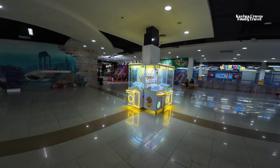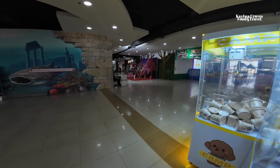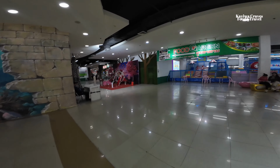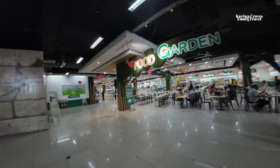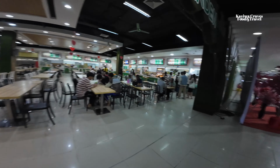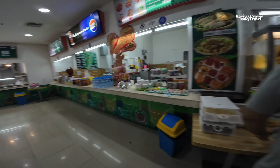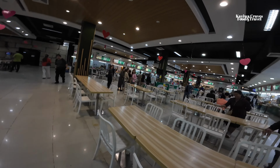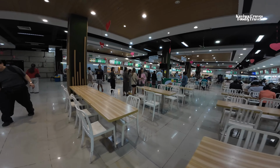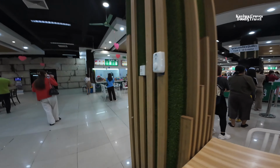We also have a food court. Unfortunately, I've already eaten, and I am, as of now, not hungry. The food garden. Let me see, what could we buy from here? I could smell the chilies burning from the fire. Now the process of buying food is actually the same. All food courts, you exchange your money for a card, and you use that very card to pay for your